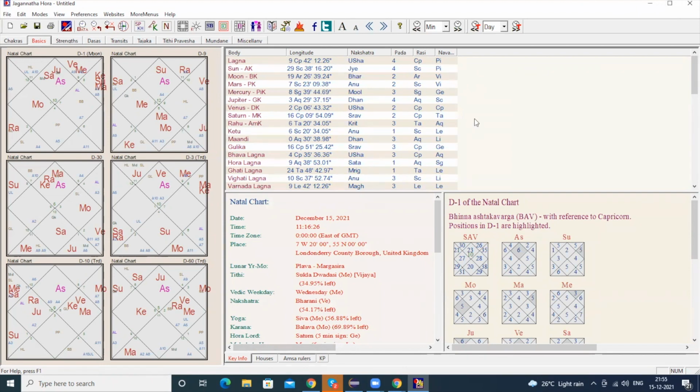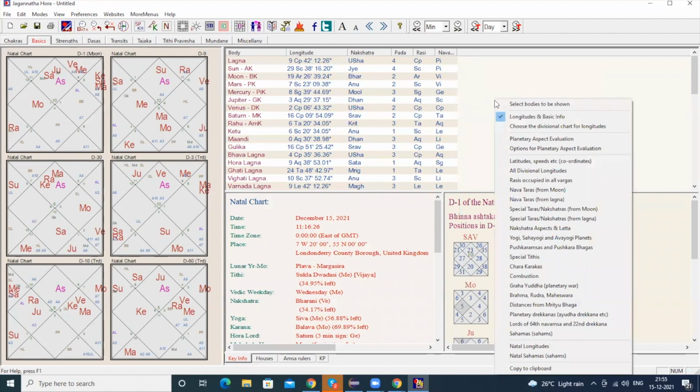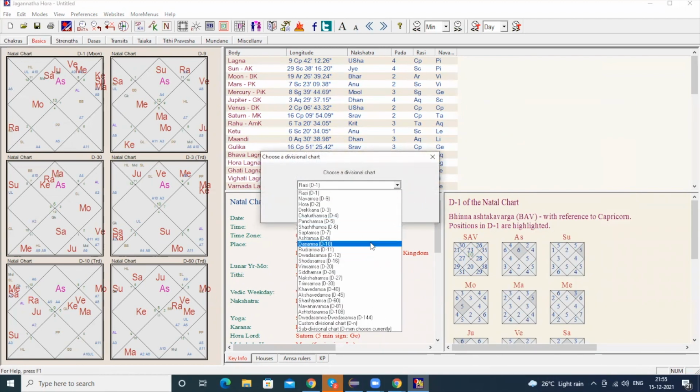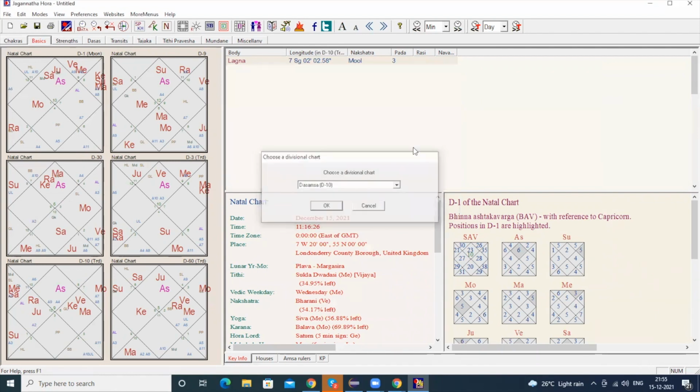Okay, so let's say for example, if you want to see the divisional chart with planets placed in a particular nakshatra, right click here. Go to Choose Divisional Chart for Longitudes, click on it. So you'll get whichever divisional chart you want. Let's say I want D10, guys, and press OK. So you'll get the D10 chart.